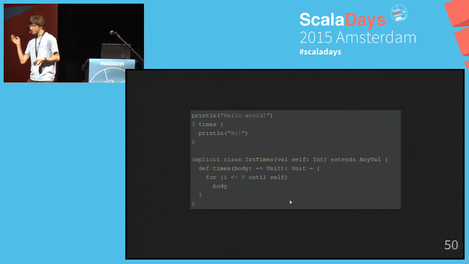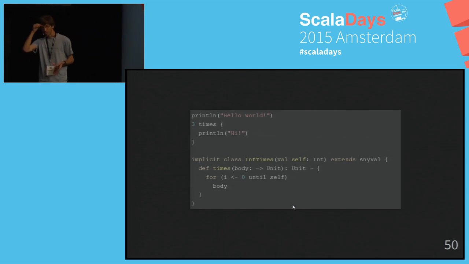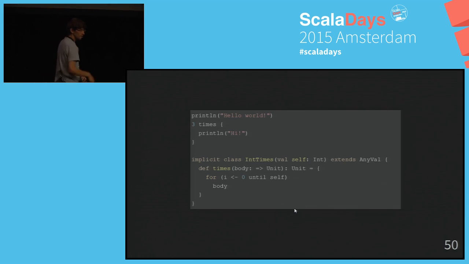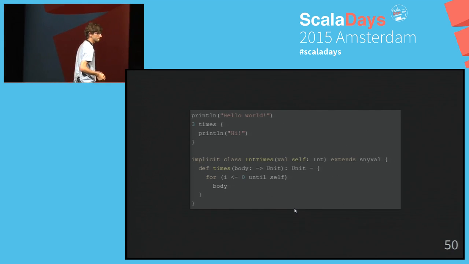And this is not because it's just an array and the optimizer knows about arrays. No, it's very general, so it works with your code. You can define this small code here, which defines a new method on Int with an implicit class, which takes a lambda and calls it as many times as the integer.